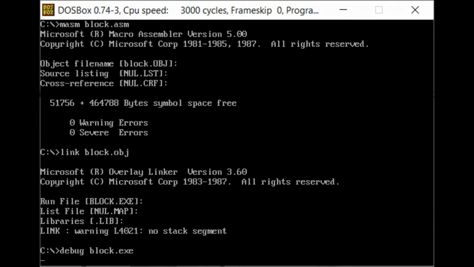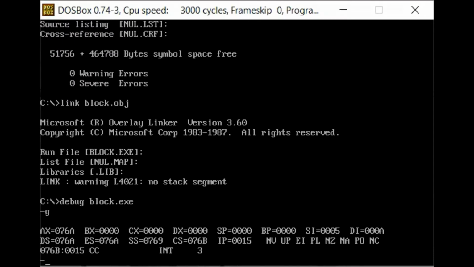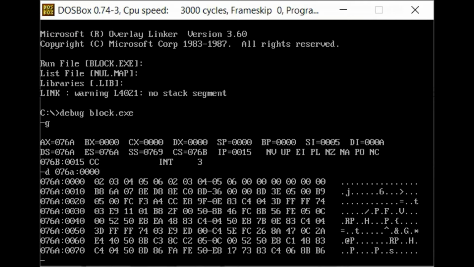To start the code, we type the g command, and after that, to see the source and destination addresses, we use the d command, and we type 0. The source address, as we can see, is in AX, which is the start, and it is 076A, and its segment is 0000. We hit enter.